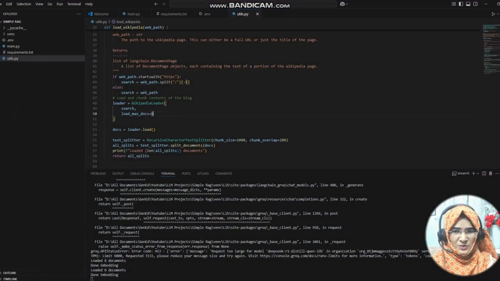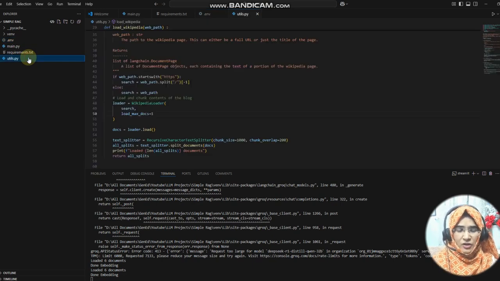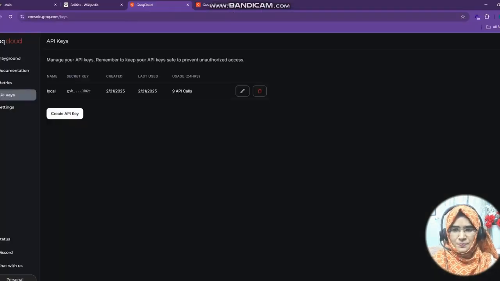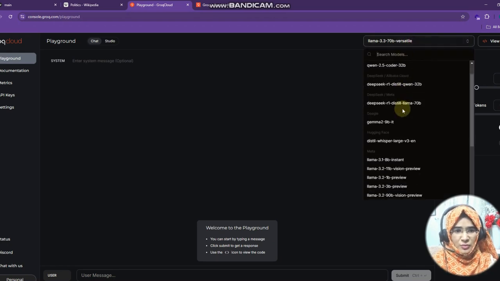And of course, you know what a .env file is. It is a file that we have for the particular Groq model, or for the particular platform that we want to use, right? So you need to take this. Afterwards, when you're done with the API key, here is the documentation. Or before the documentation, I am going to give you an idea of what models are actually available on the Groq platform. Here is the list of models that you can see.